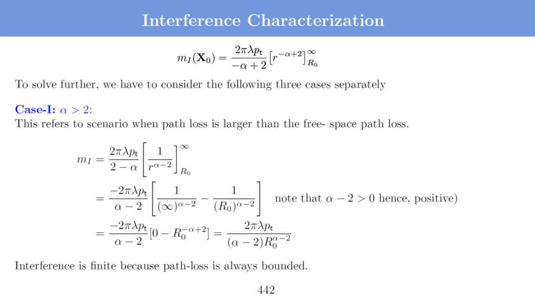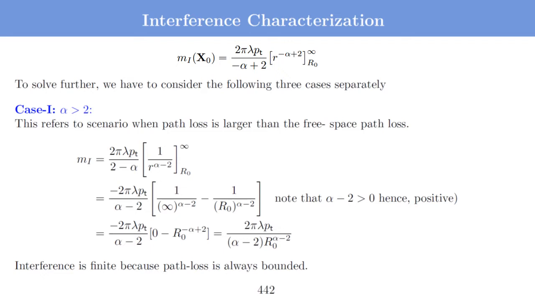In that case, minus alpha plus 2 is negative. So I can change r to power minus alpha plus 2 as 1 upon r to power alpha minus 2. Now alpha minus 2 is positive, so the r will remain in the denominator with some positive exponent. If we put the limits infinity and r0 into this, we will see the infinity limit will become 0 and the r0 limit will give some value. So the final answer would be 2 pi lambda pt divided by alpha minus 2 into r0 to power alpha minus 2. Now this interference is finite here,